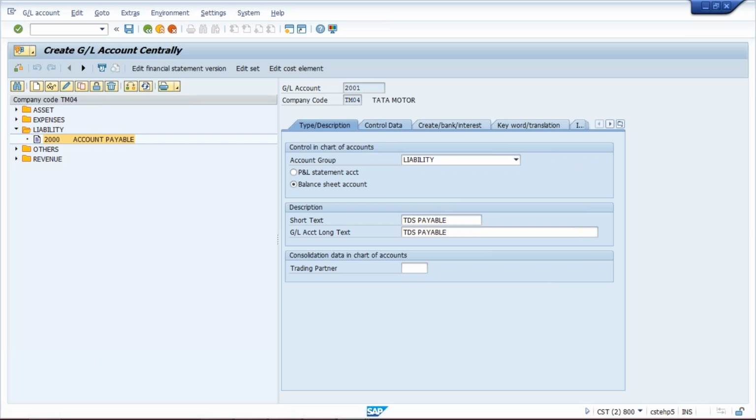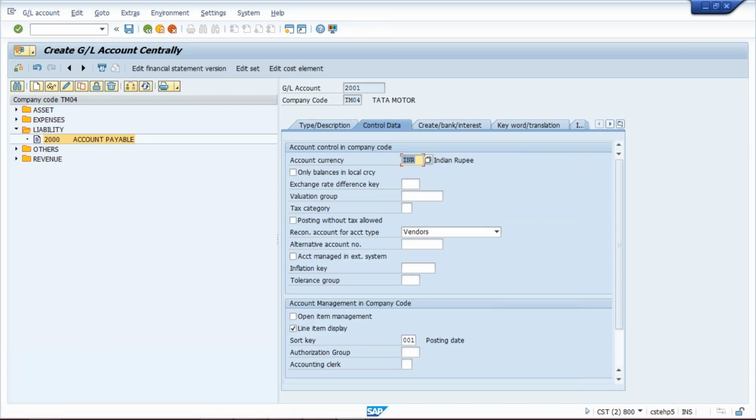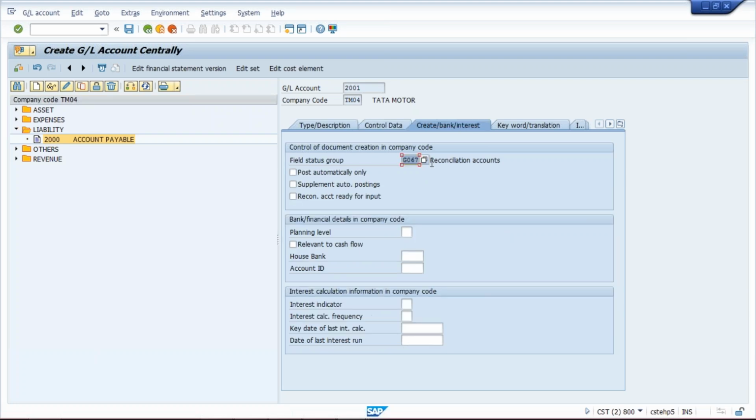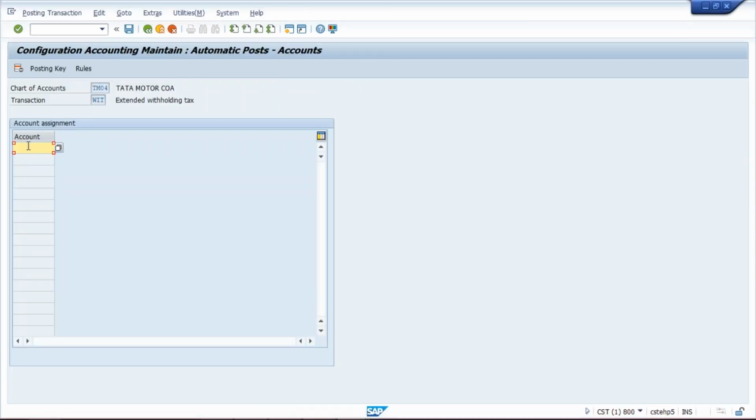It means we are deducting this tax on behalf of somebody. Whoever the person is on whom we have deducted this tax on behalf of government, government will ask where is my amount which you have deducted. This I am going to remove, sort key, and then save this. So I have created a GL account 2001. This GL I am going to link here, 2001, and then save it.